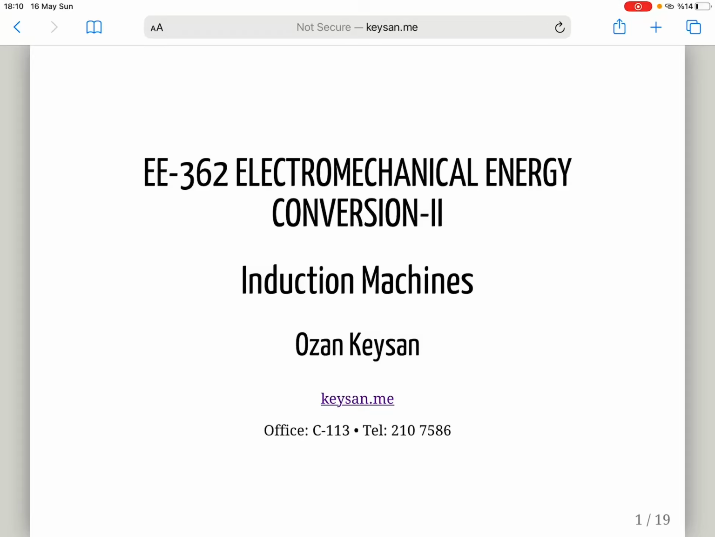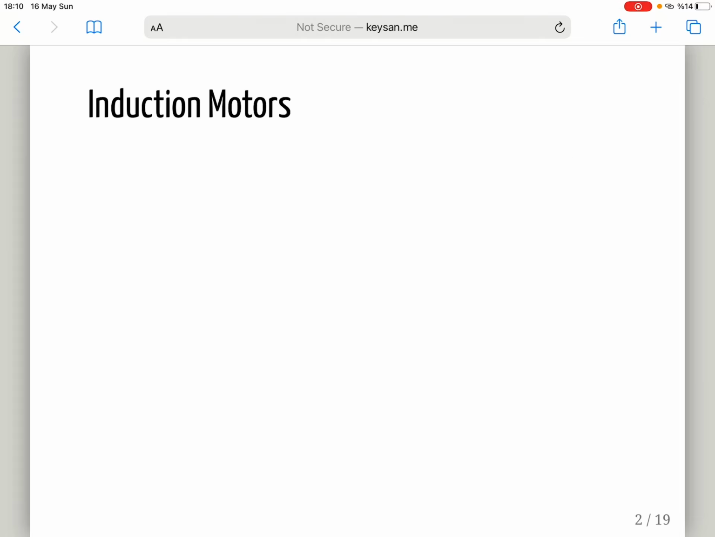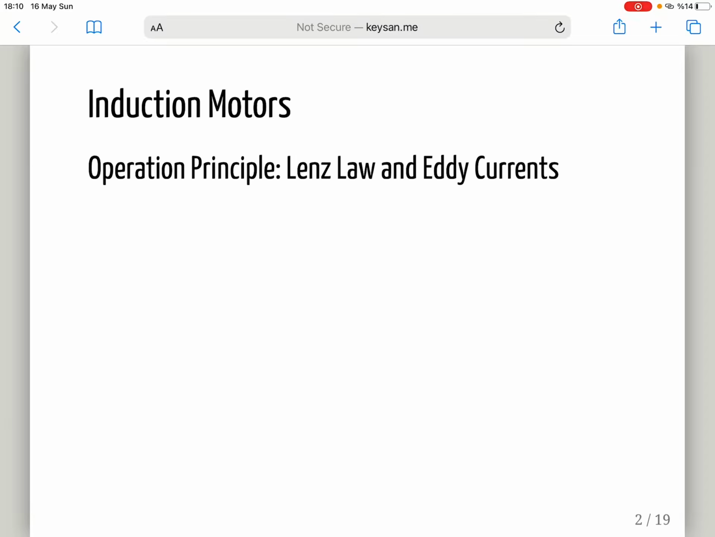Hi, today we will talk about induction machines after the synchronous machines. Induction machines work on a really simple principle, and first I would like to show you a couple of videos to discuss this. Okay, the principle, as we have seen from the first semester, is basically Lenz's law and